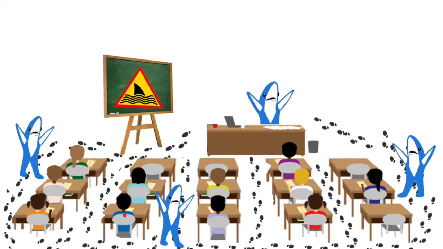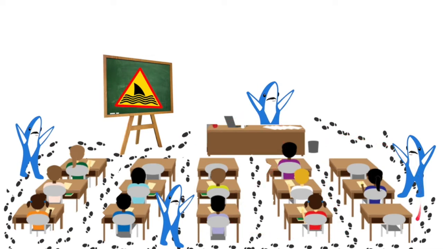So you might think of yourself as a shark. Sharks, by the way, have to keep moving in order to survive. If they stop moving, they slowly suffocate. They're creatures that have to keep moving. And so if we think of ourselves as a shark, we want to move around the classroom, not too quick,